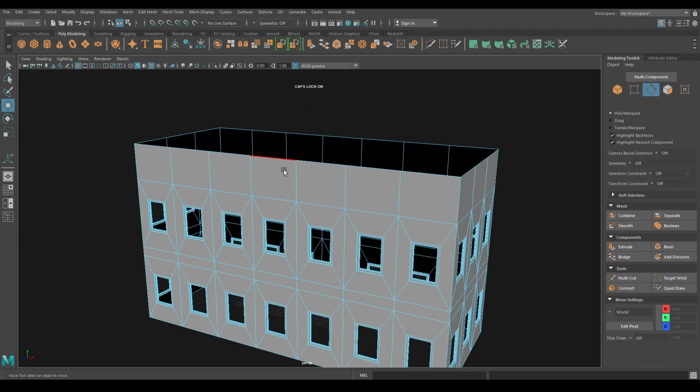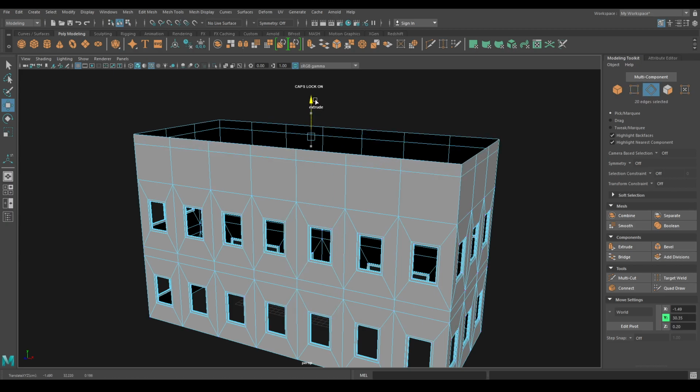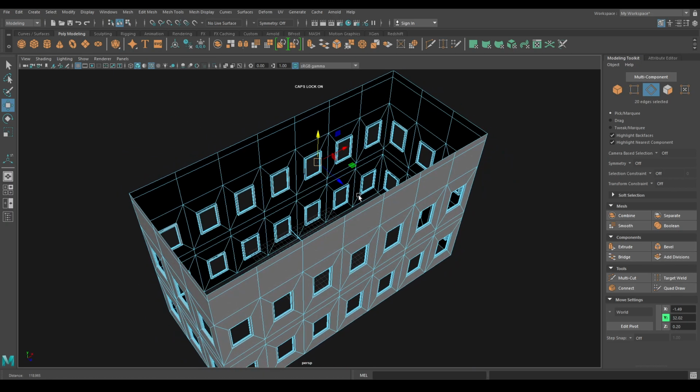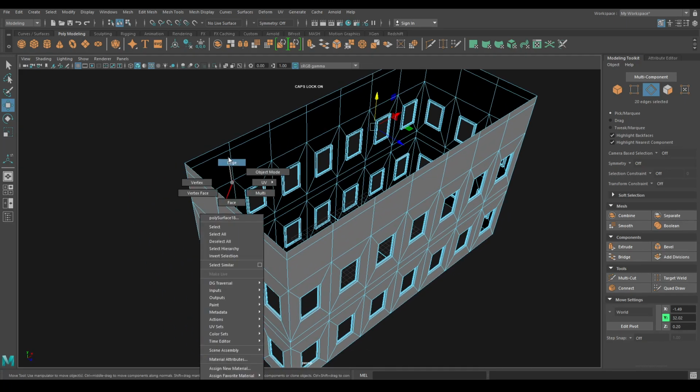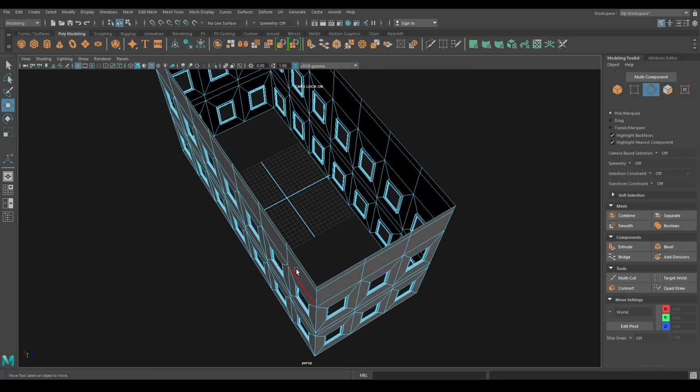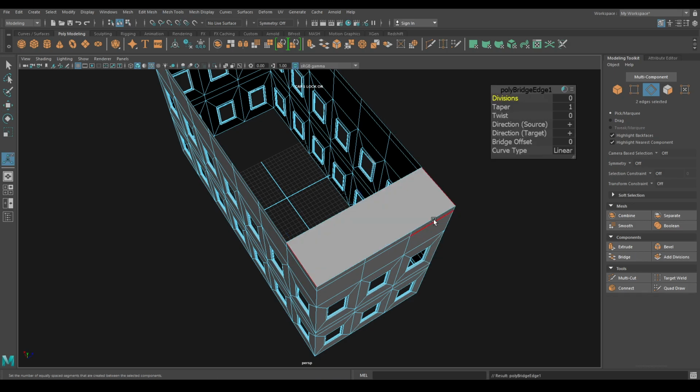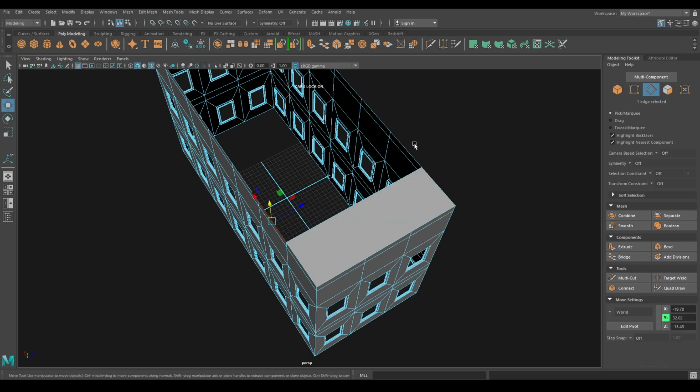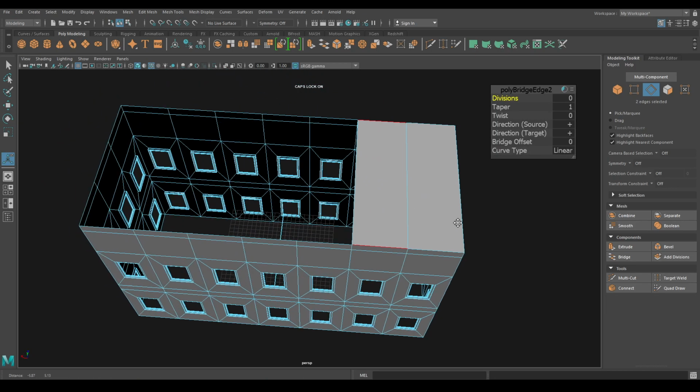Now in the edge mode select these edges, extrude. And select these edges, press shift right click and use bridge. Do the same for these edges.